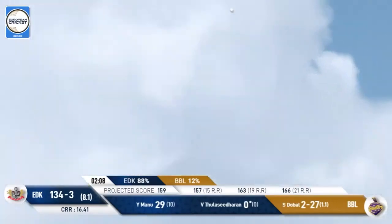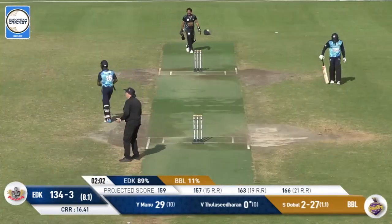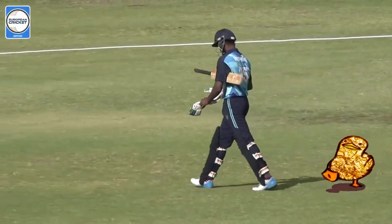This one has gone up in the air. This could be a catching chance. Is the fielder getting underneath it? He is. And Jahid Hassan will take that. So Dobal is on a hat trick. And this has been some really good stuff these last 7 balls by the Blasters. They've just started to put some pressure back on the Knights. Yeah, Vishnu Thulasidaran, he's actually a pretty good striker himself, but he got...